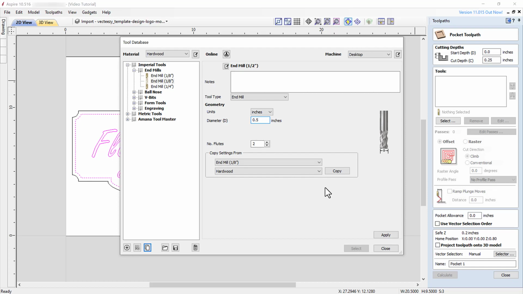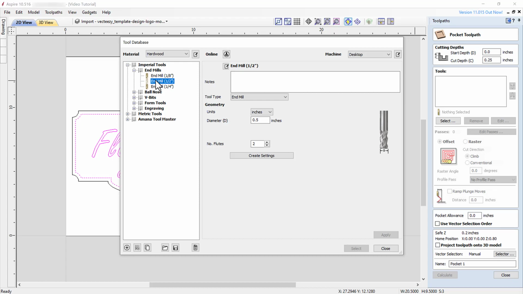Assuming that our end mill has 2 flutes, no other changes are necessary, so we can click the Apply button. You will now notice a 1/2 inch end mill added to our end mill tools.